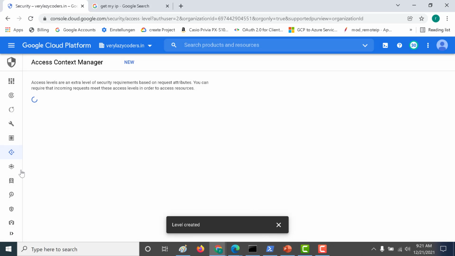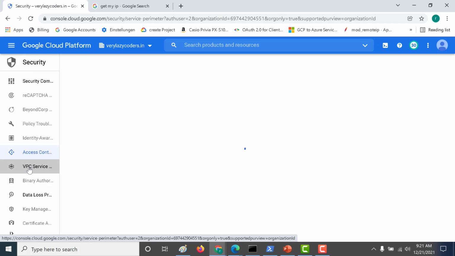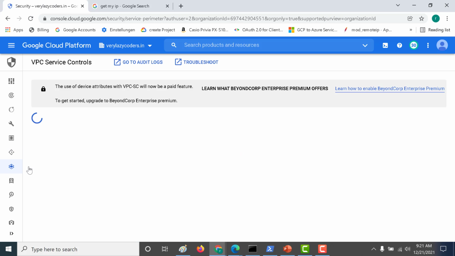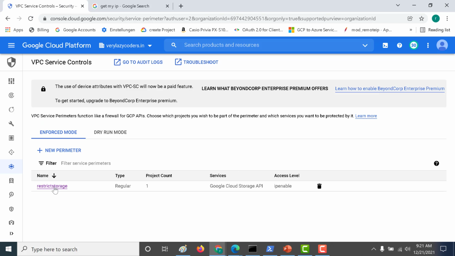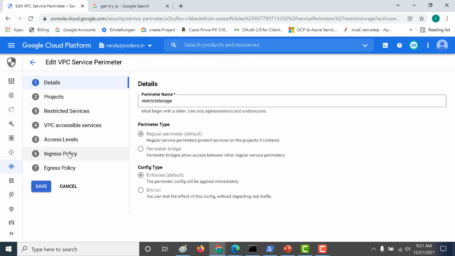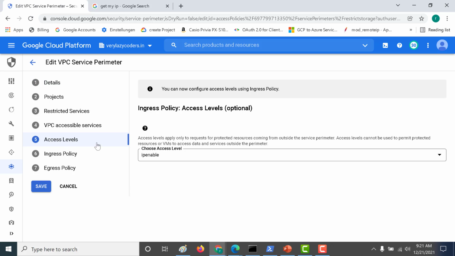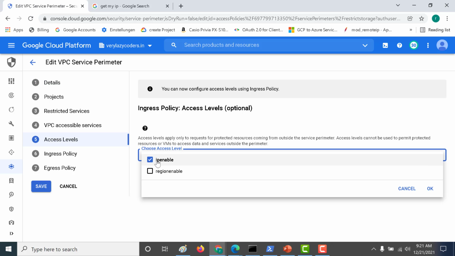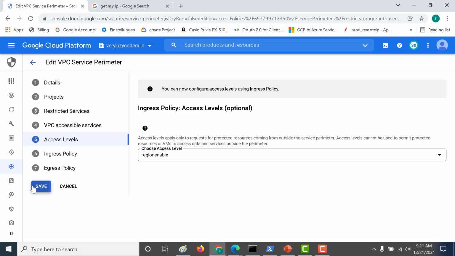And we'll do the same thing again. We need to go back to our VPC service controls, go back to our perimeter once more and click on edit. This time we'll choose the other context access levels that we've created. So this time I'll disable this and enable this, click on OK and click on save.